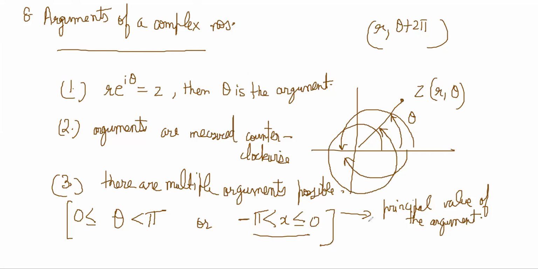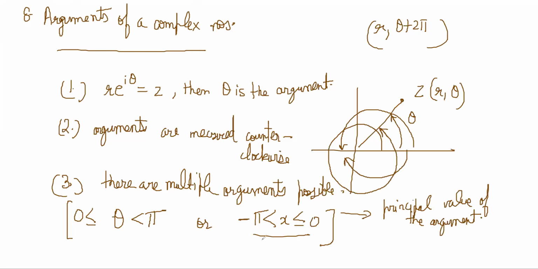Now, the principal value of the argument is the angle in the exponential which has been modified in such a way that the angle lies between minus pi to pi. Don't specify it with a bigger angle. If you can find a smaller angle which brings it to the same point, bring it down to the smallest angle so that it lies between minus pi and pi. That becomes your argument.